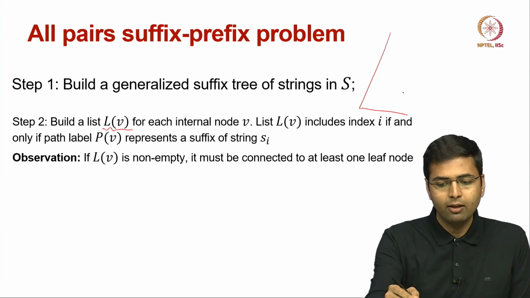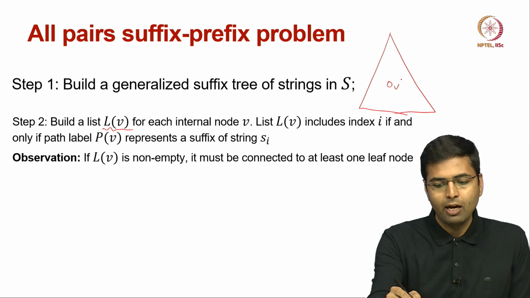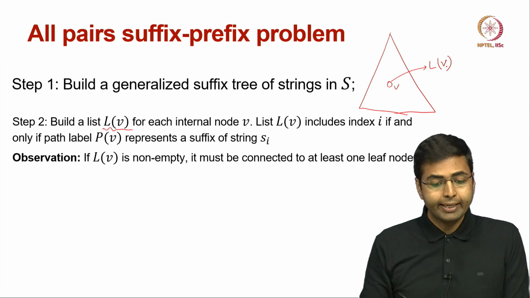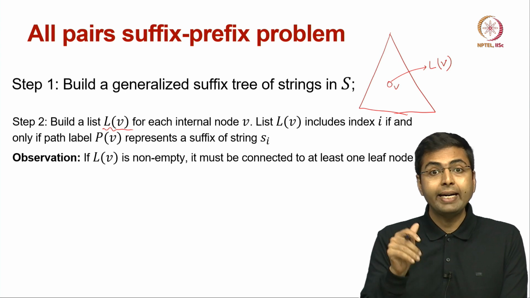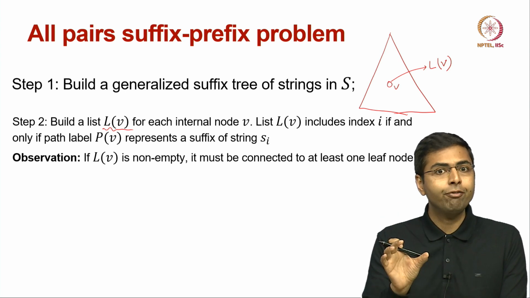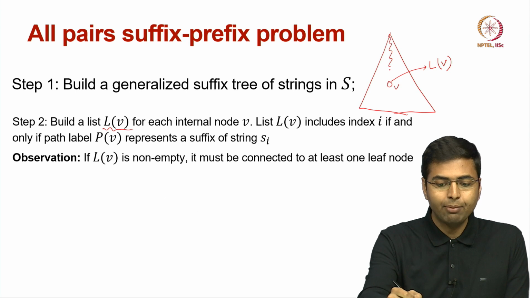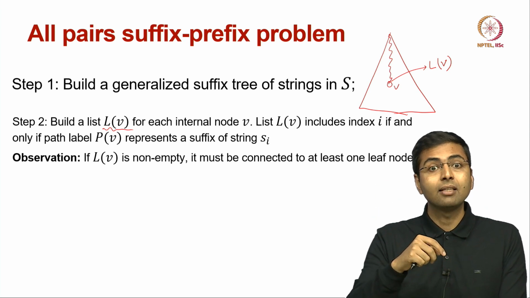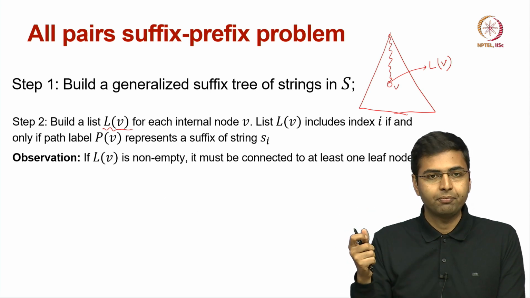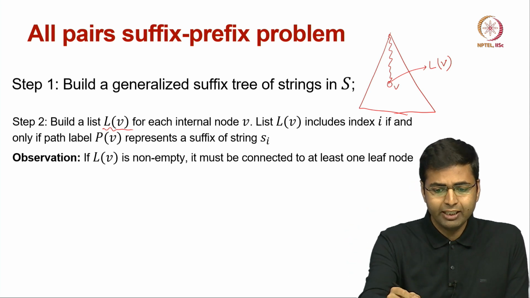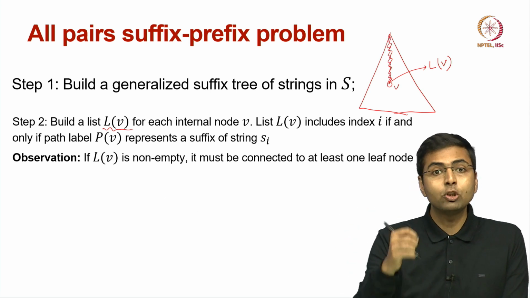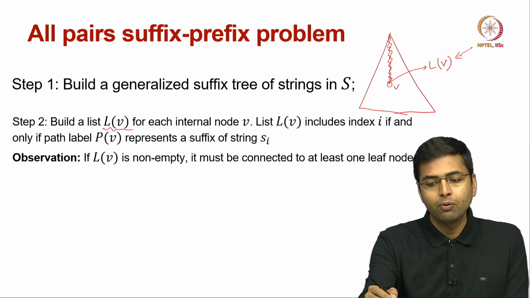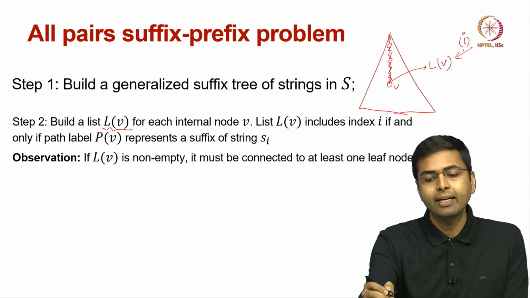So, for all my internal nodes, I am going to build a list that I am denoting as LV, and this list includes index I if and only if the path label from root node to node V represents a suffix of string Si. So, if this path corresponds to a suffix of string Si, then I am going to put index I in my list,